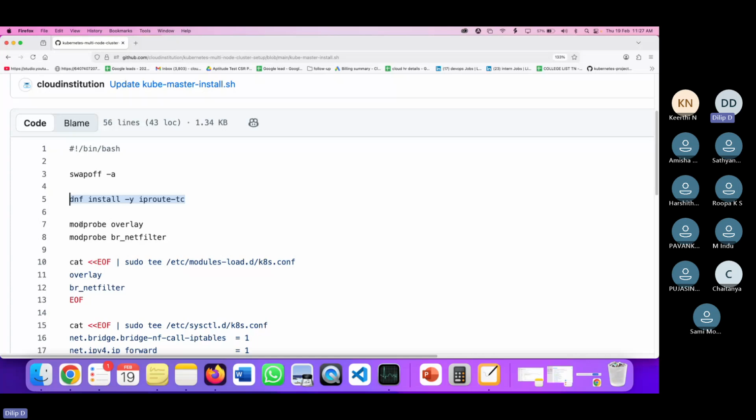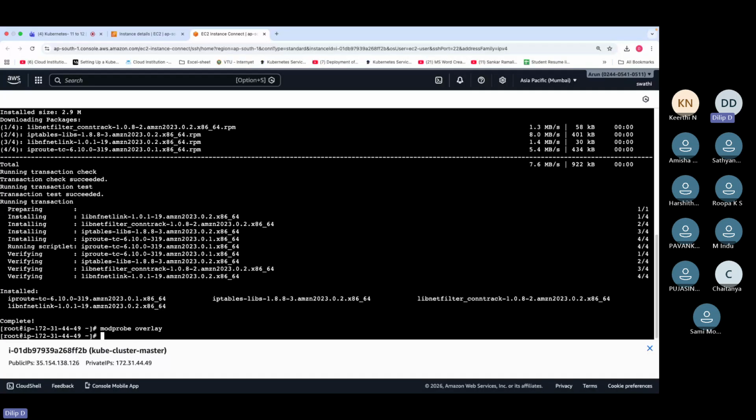Now the next one is modprobe overlay. modprobe is used to enable a module, and overlay is one of the modules in Linux. If you want to enable that module, we give modprobe overlay. So what is overlay? Overlay is related to networking. In Kubernetes,